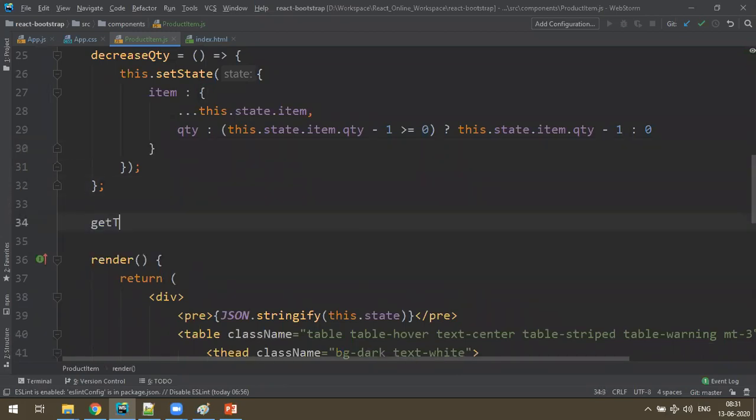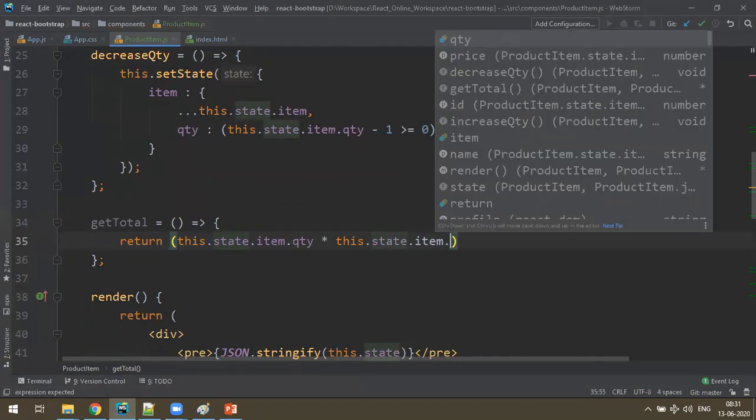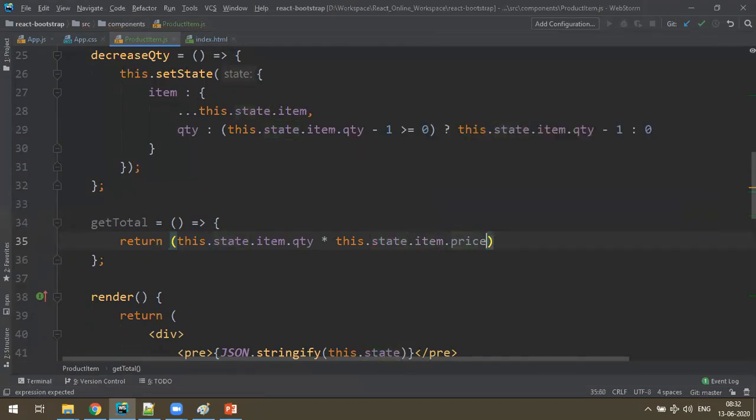Let's take getTotal equal to an arrow function. Here I return this.state.item.quantity into this.state.item.price. So item quantity into price is the total.